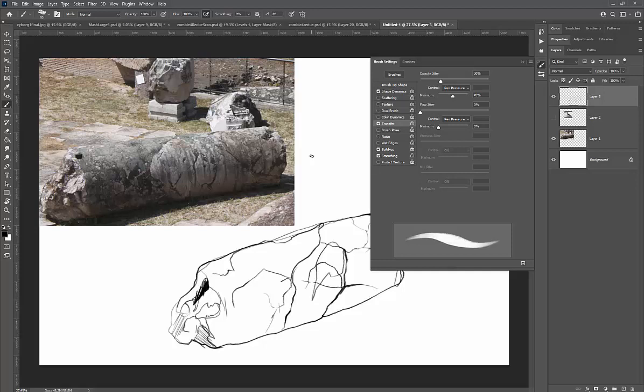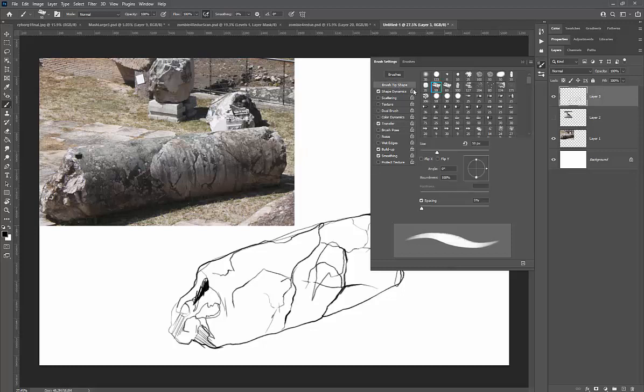Primarily I have shape dynamics and transfer set to whatever brush I choose, but if you click on a brush tip you can slide through and choose. There's a ton of different variety of brushes here. In the brush engine here you can change the size of the brush, but again you can use the bracket keys. Or in this case on my Cintiq, I can just roll with my finger to spin